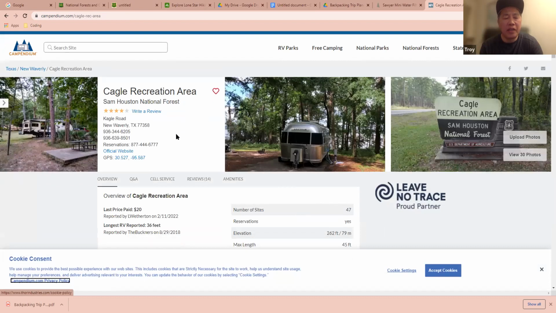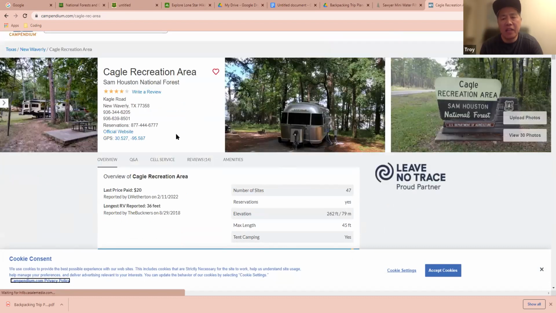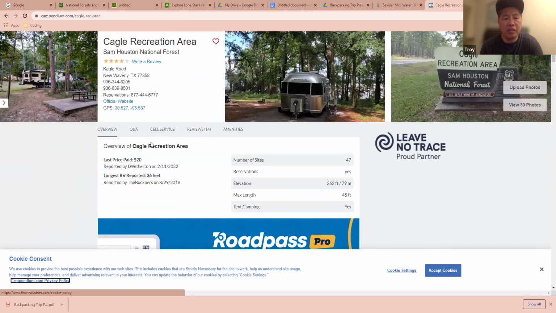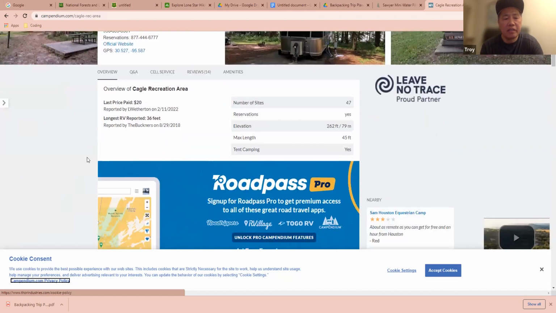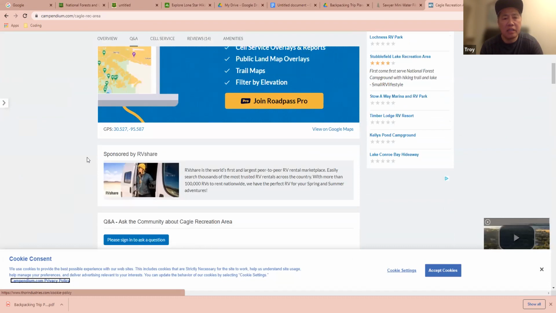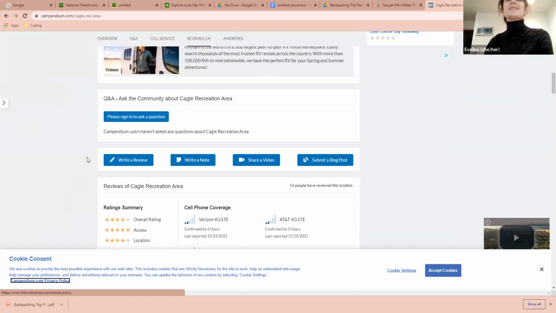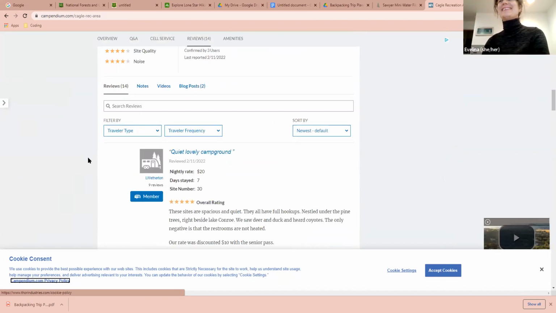Were you looking for a staging campsite, like one when you first enter, or were you just looking for campsites in general? I wasn't. I had no idea what I'm doing.